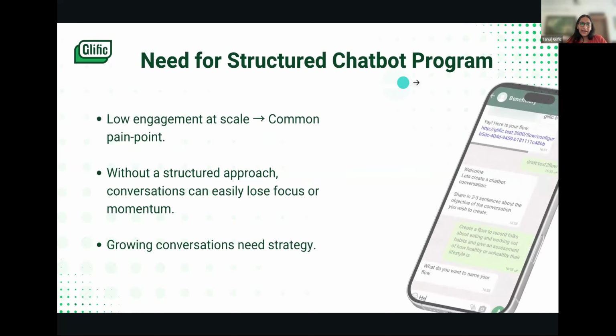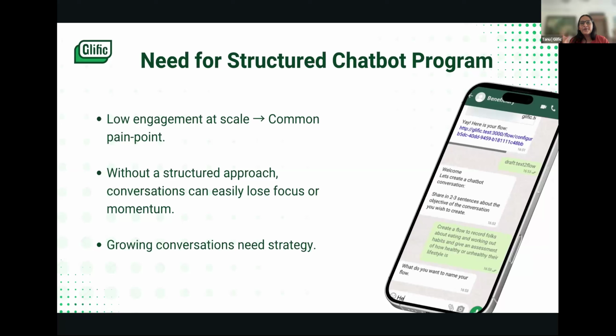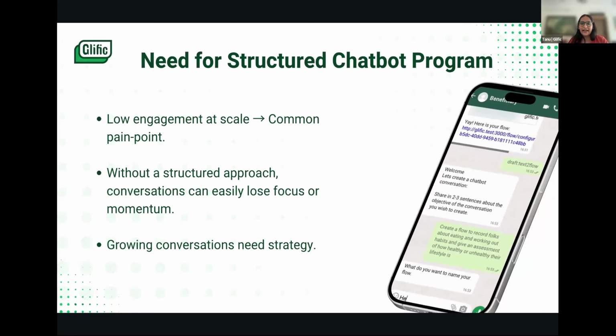Going ahead, always, right, which has been the norm, you first start with understanding why it is that there is a need for a chatbot program, right? Like a common pain point that we want to look at in general is the fact that whenever you want to deal with a small group of audience, keeping them engaged, keeping them to come back to your product is fairly easier, because you can actually directly go and reach out to them. But when your conversations grow, when your user base grows, handling or managing that same sort of an engagement at scale is a consistent challenge, right?